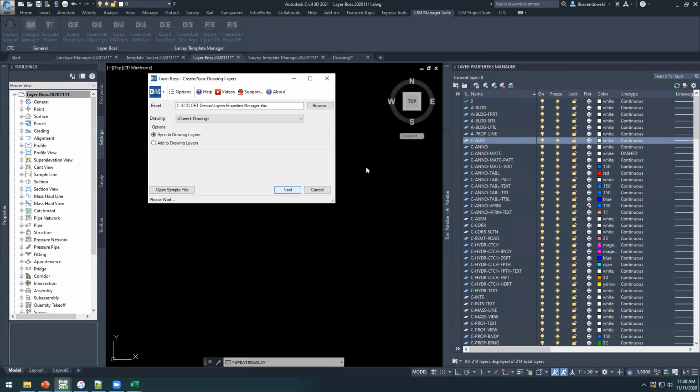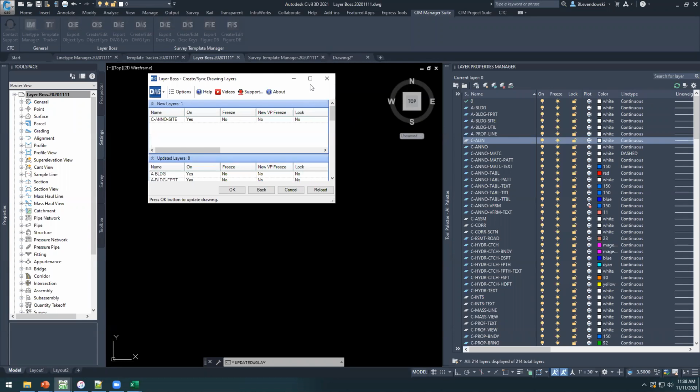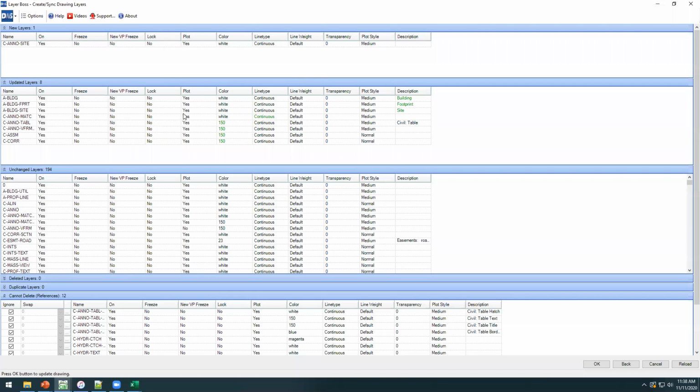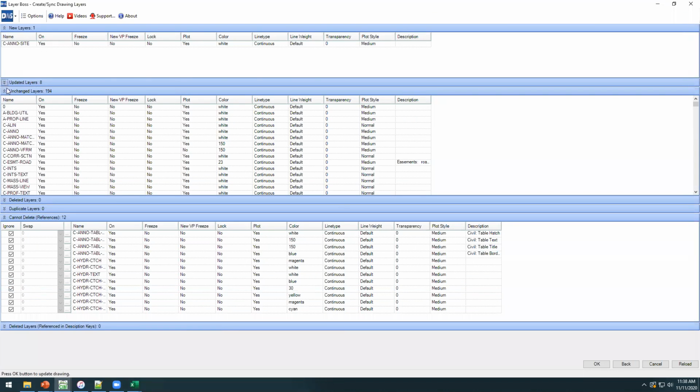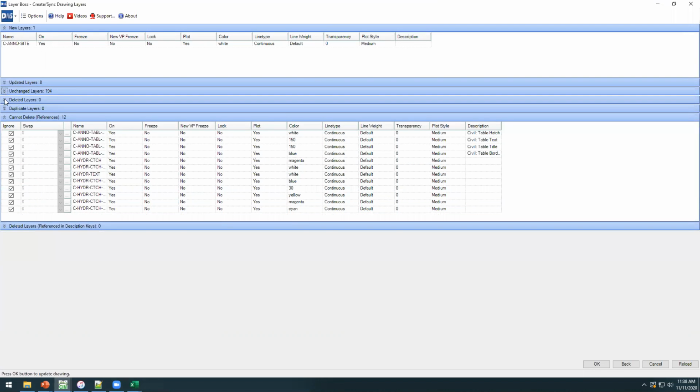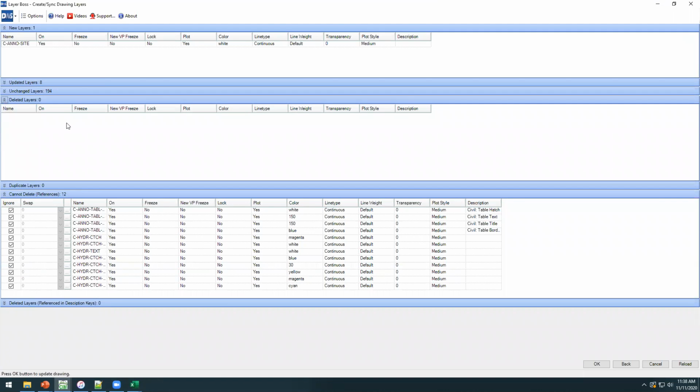Hit next. And similar to the object layer option, it's going to give you a full report on everything that's about to happen. So here are my new layers. There are some updated layers where it's telling me colors and line types that have changed. It lists all my unchanged layers. And then I'd expect to see some deleted layers here, but